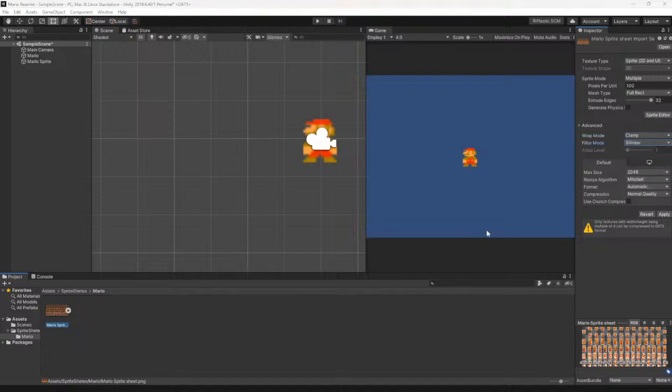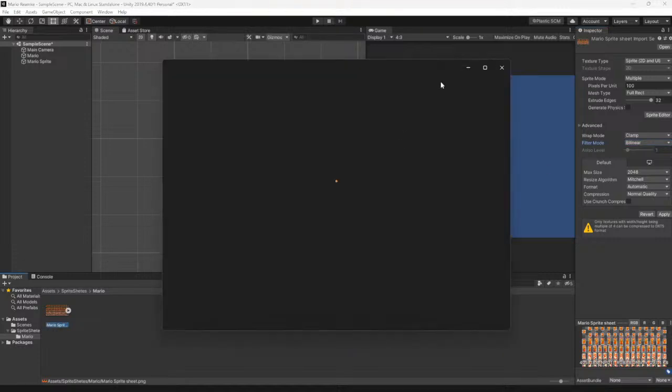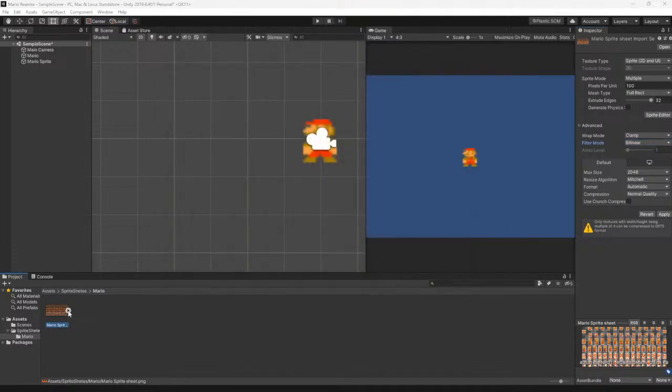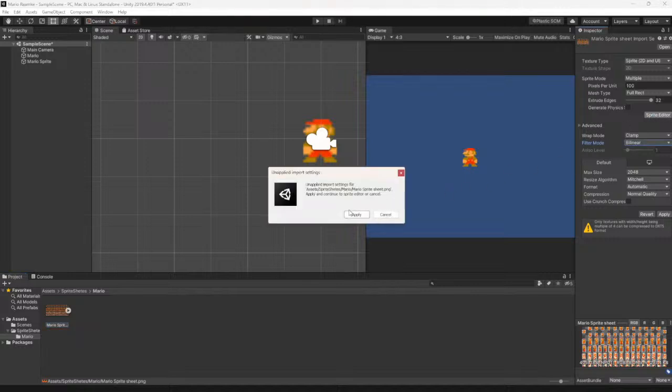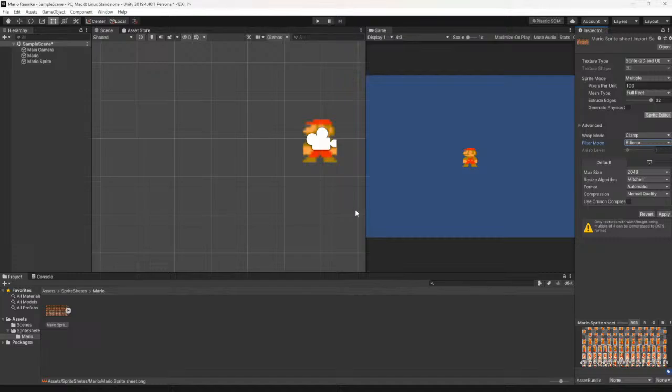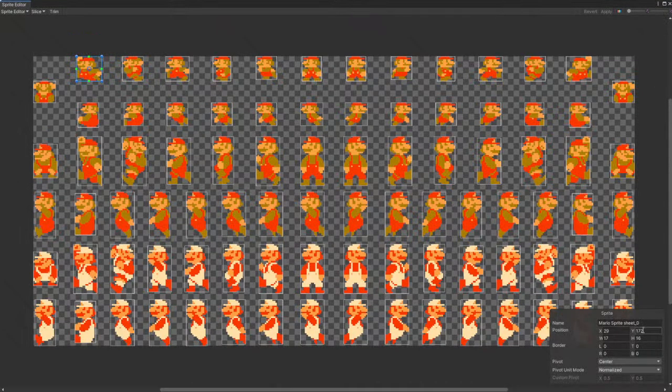Here pretty uniformly. I'm just going to tell this that this contains... Sprite editor. Alright, so